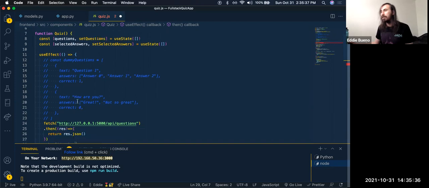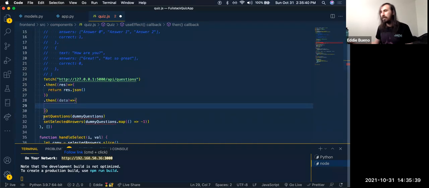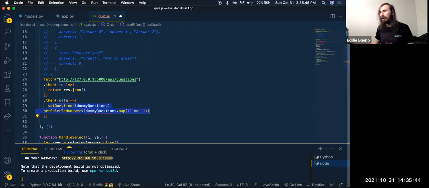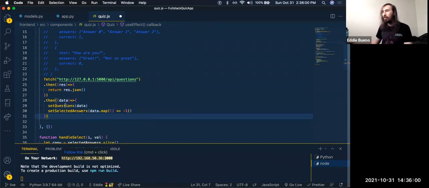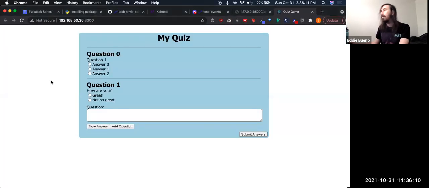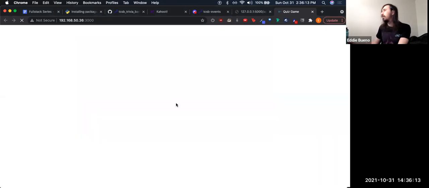All right. So what we're going to do here is essentially do these things inside of our .then. And in this case, instead of using dummy questions, we're actually going to be using data. That way we set our questions and we also set the selected answers. All right. So now if I save this and reload our React app,